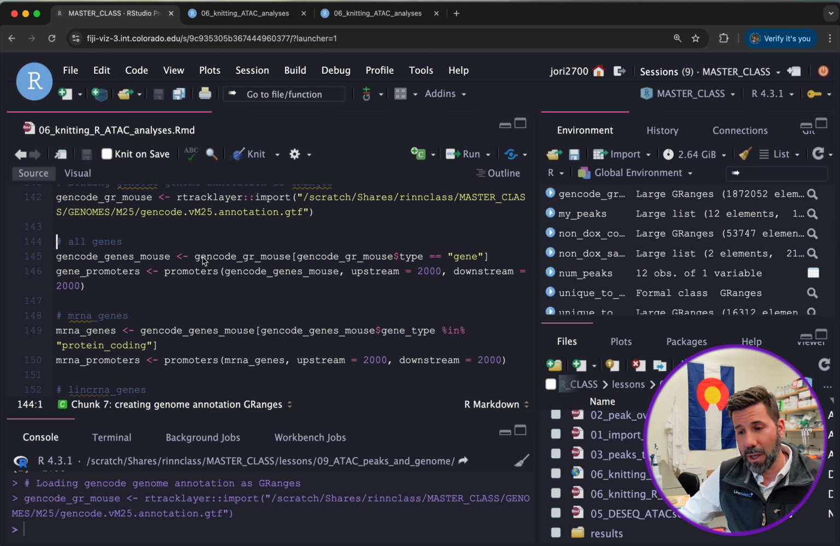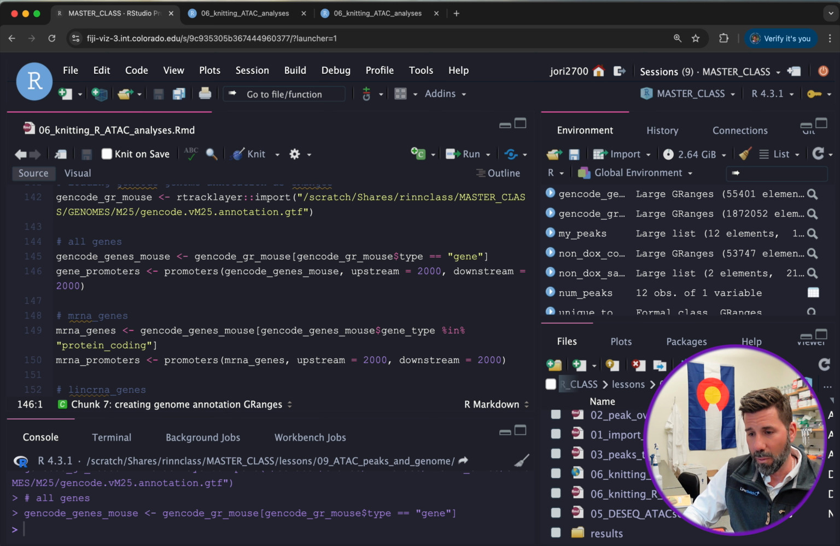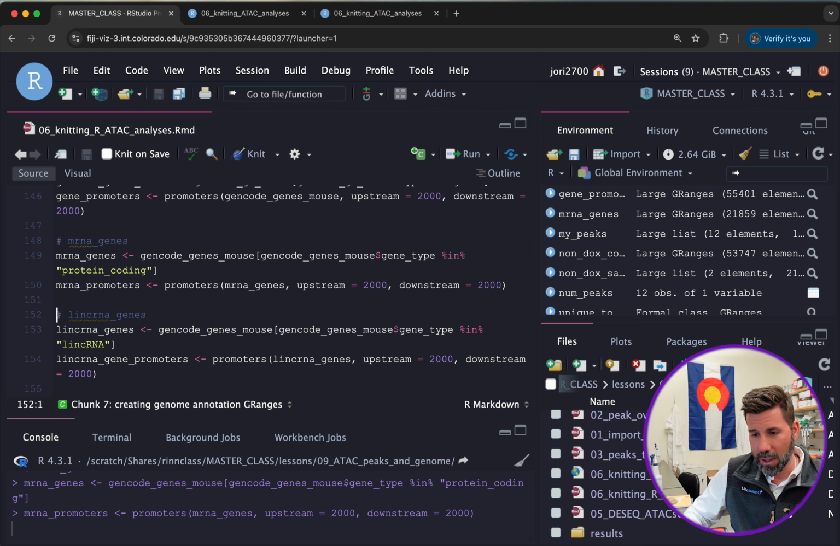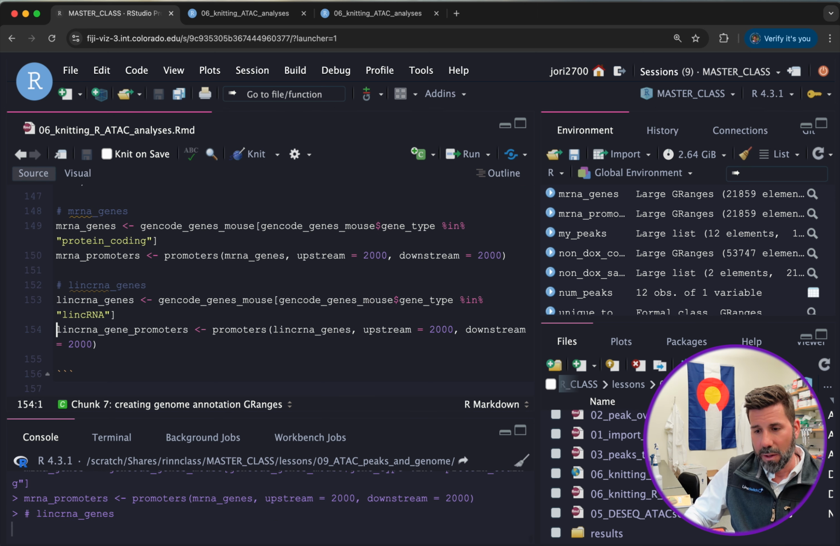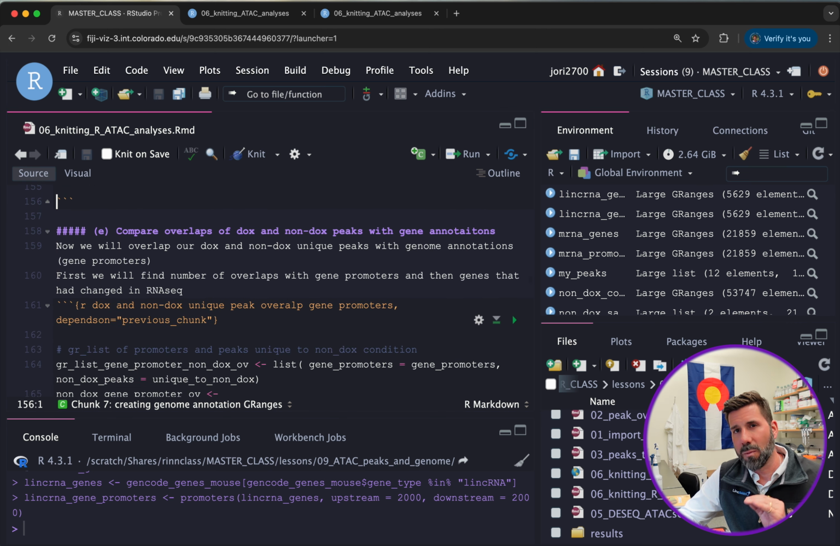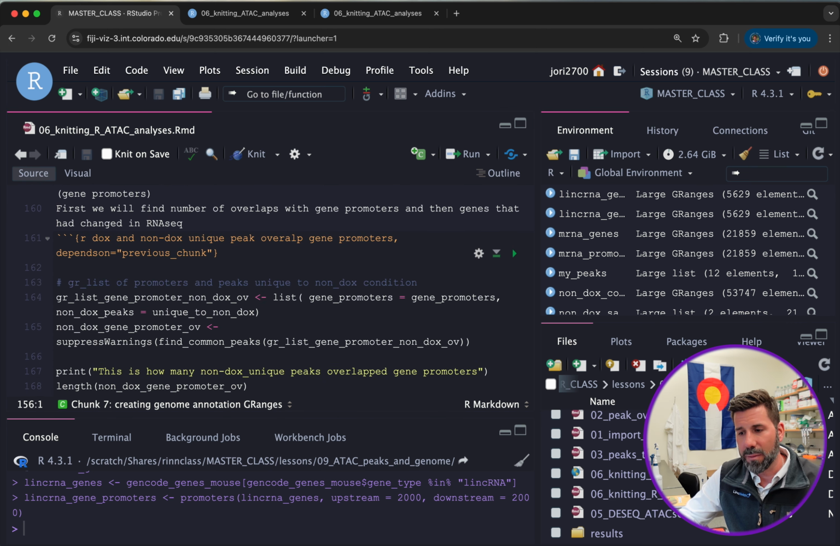Okay, it finished, and so now we have all the genome annotations uploaded as GRanges, as we've done in previous classes. Now we're just going to make an object of just the genes in mouse, and then we'll make promoters around all those genes that are 2,000 bases up and down using the promoters function. Do the same thing for mRNA genes, mRNA promoters, lincRNA genes, and we have saved all that stuff and we could have loaded it,